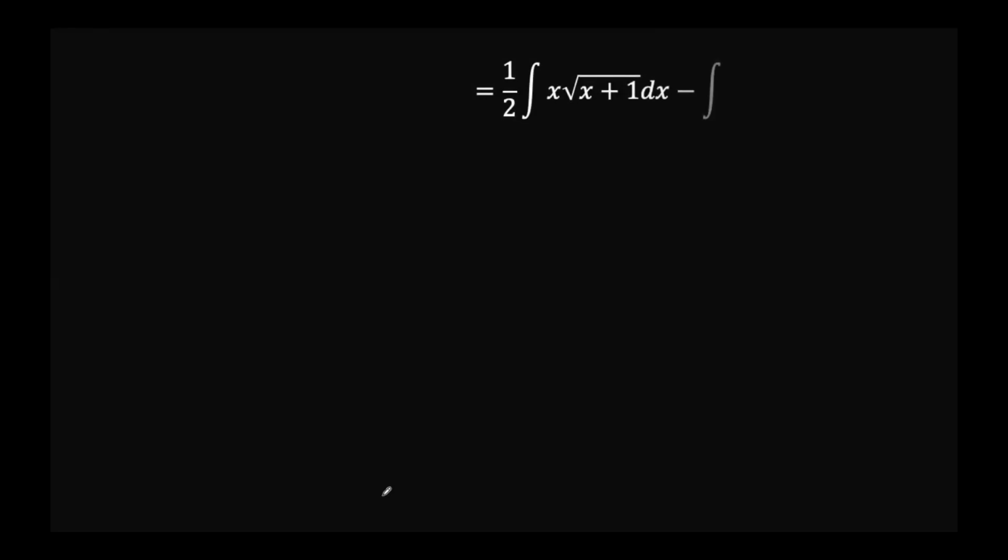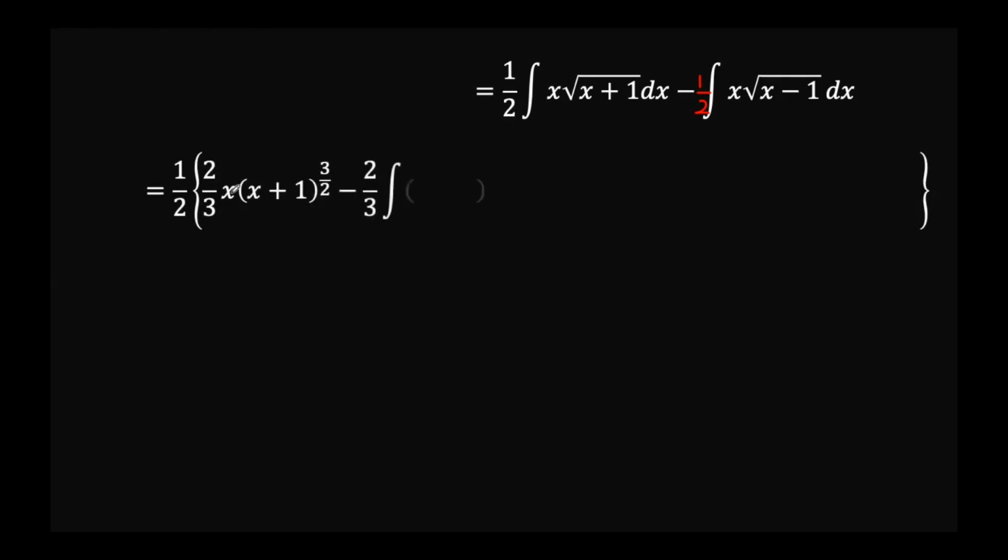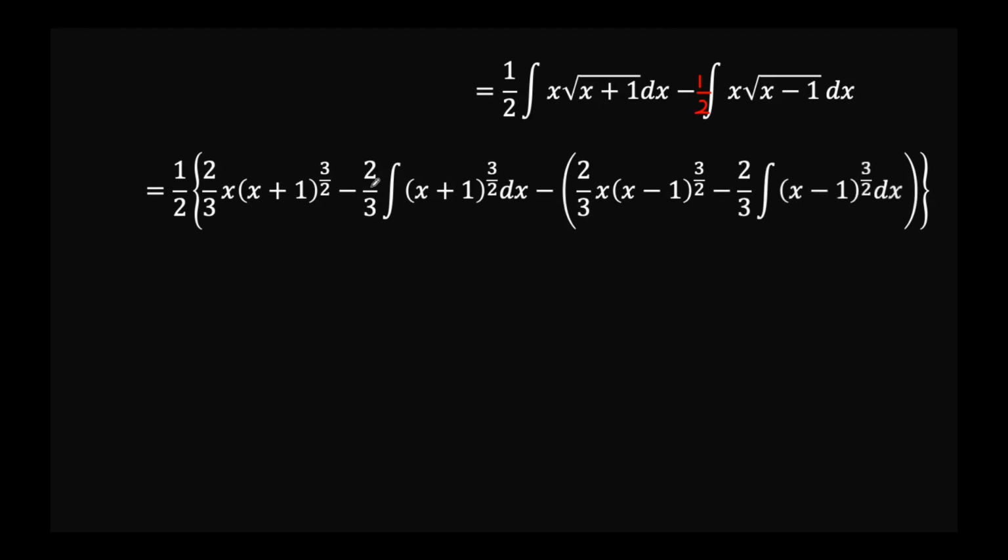Now, that means that the integration, there's two integrations, we've missed a half here, of the product of x and the square root of x plus 1 minus the integration of x and the square root of x minus 1, with the constant half to both, is the same as half of: u1 is x, v1 is 2 over 3 times (x plus 1) to the power 3 over 2, minus,